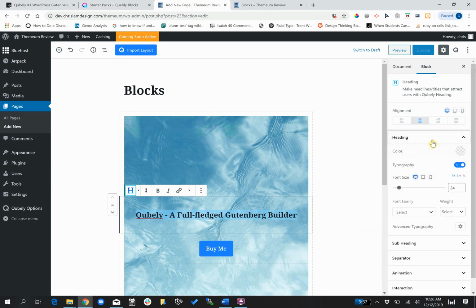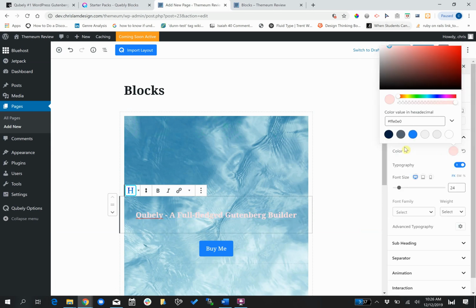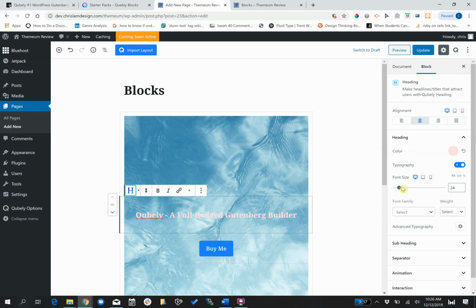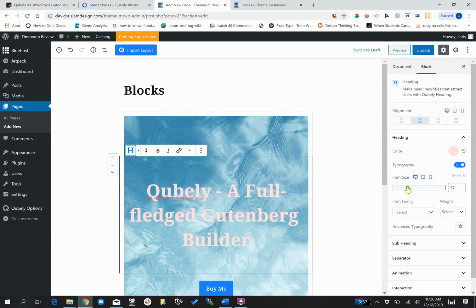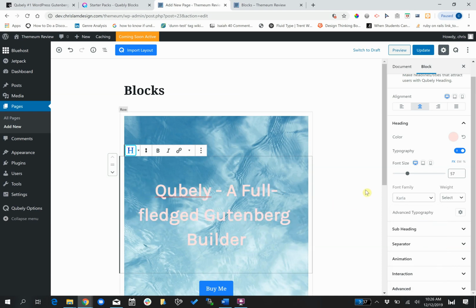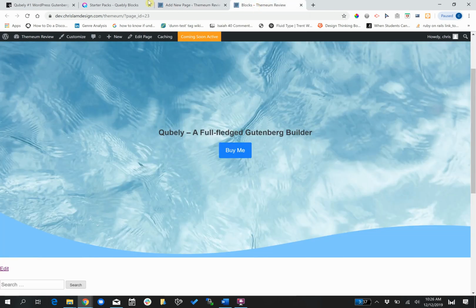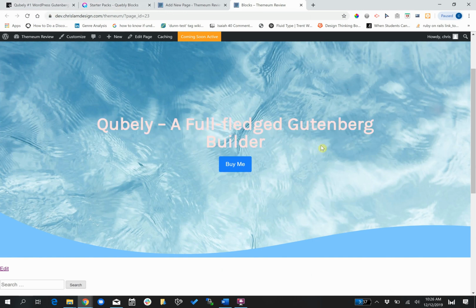So we can even change the color. We could even change the size pretty easily. We could even choose from, they've got Google fonts built in to their editor, which is really nice. You don't have to add anything for that. And you can pretty easily